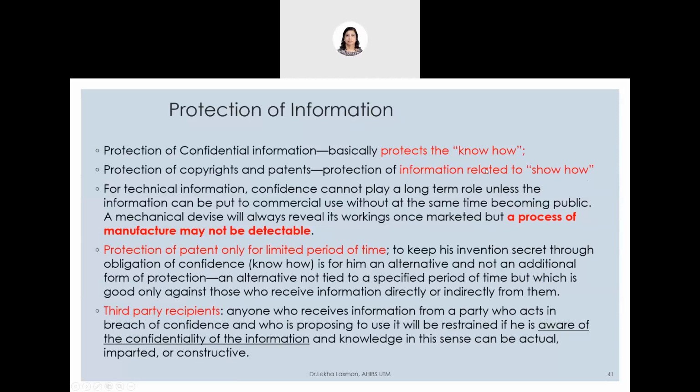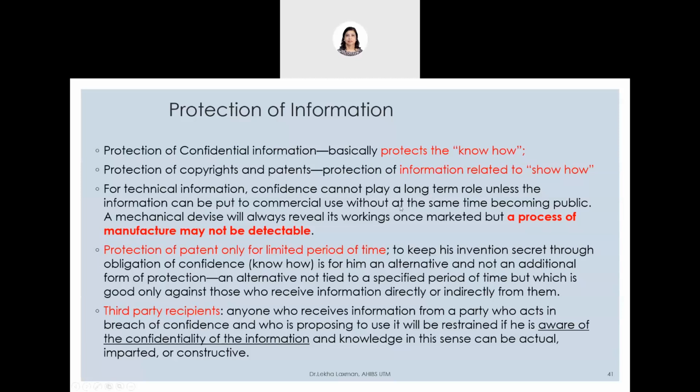Show how to make an invention, as opposed to know how to do something. Normally when you talk about patent, it is about showing how to do the invention. So here, when you talk about technical information, confidence cannot play a long-term role,